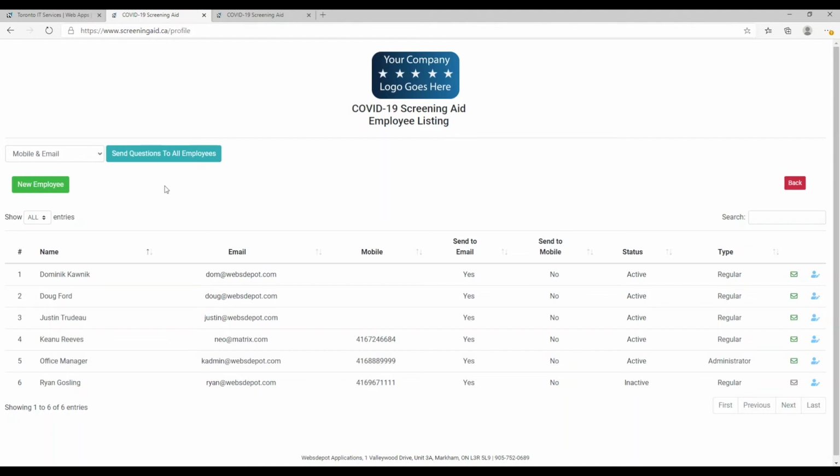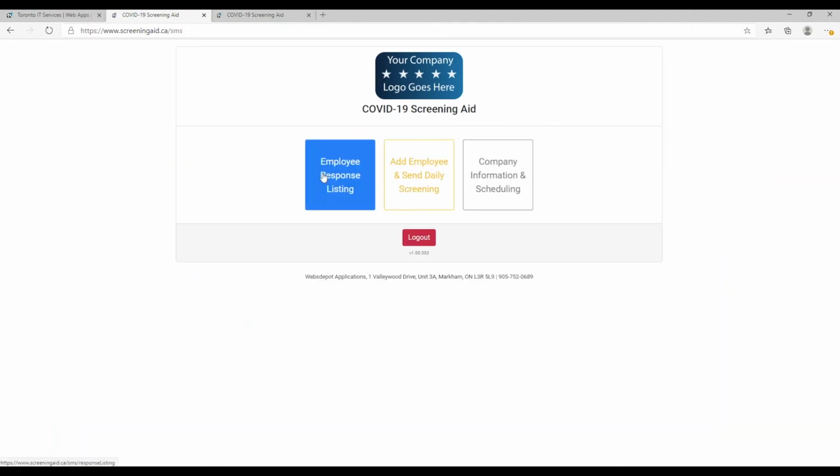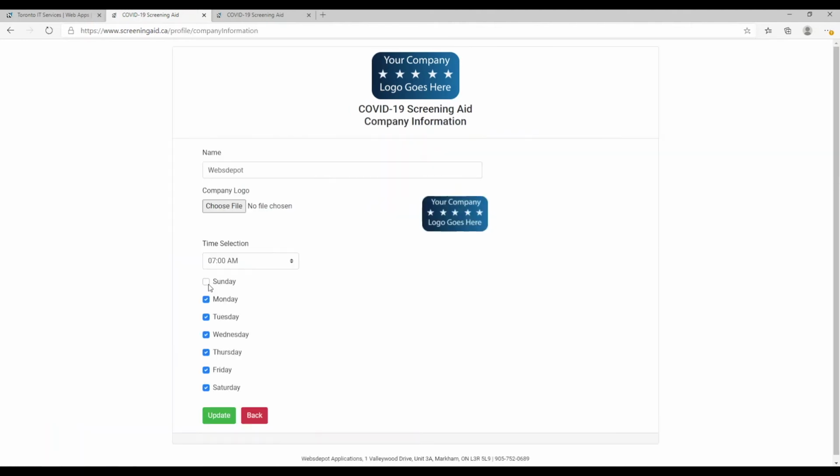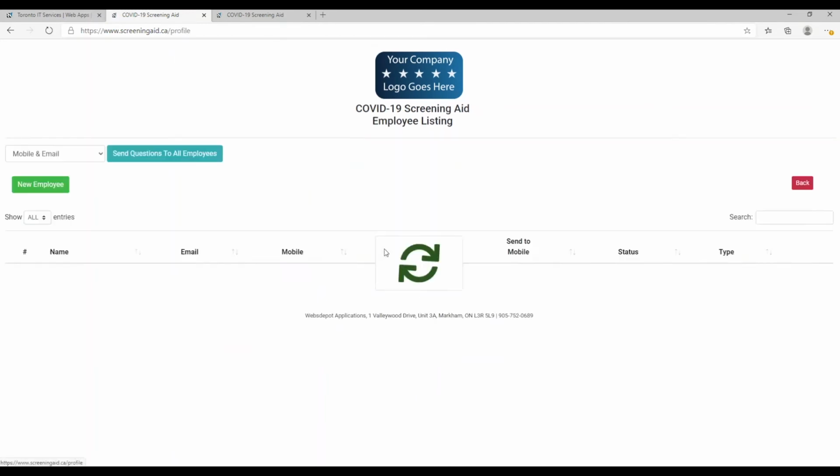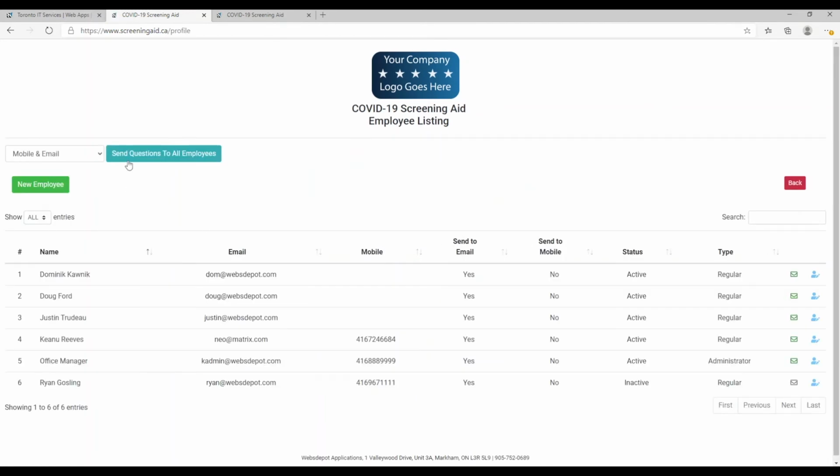The last little section I'm going to mention is for some of you that may not want automated daily timed notifications being sent out to your staff. You can certainly go back to the company setup and remove all these days, and then nothing will go out on an automated basis. And on a daily basis, or whenever you need it sent out, you can come in here and send it